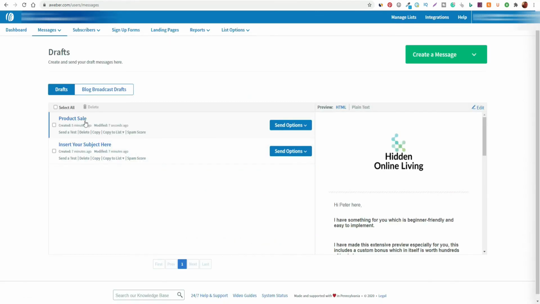When you're happy enough with that, you have the send options here, so you can schedule the broadcast to go out at a specific date or time, or you can add it to a follow-up series. Just click on that, set up the date and time you want it to go out, and it'll be ready to go. You can literally set it for two days ahead, like if you have a product launch that you're trying to promote, or you're an affiliate for a product, or you're creating your own online course and you have the launch date coming up,